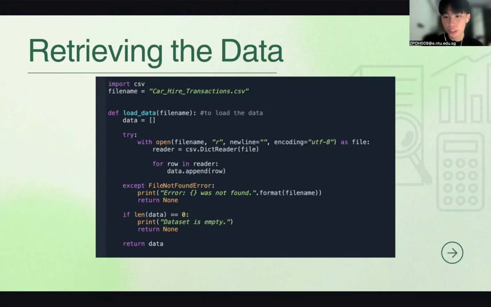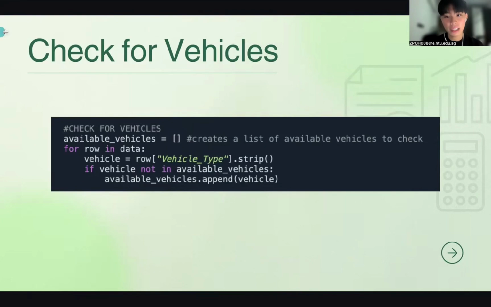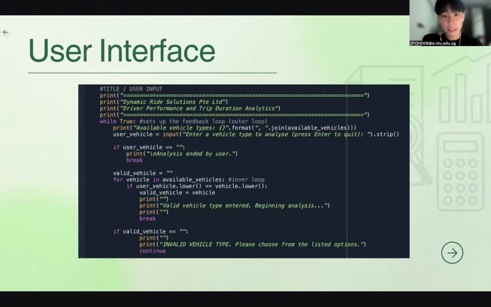Next, we can then move on to coding the main command. So for this project, we'll be putting all the code for analysis under the defined function insights. After adding the load_data function, which we previously set up, we will then check for vehicle types in the dataset and create a list of all the available vehicles by appending each distinct vehicle type to a list. With that, we can then move on to printing the user interface, which will include the company name and the